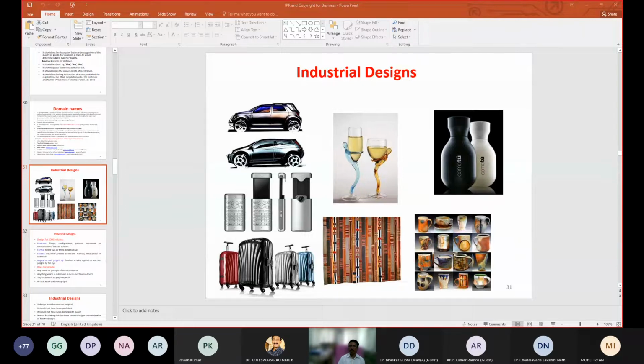But again, Article 25 of Section 4 of the TRIPS agreement says that members may provide such protection to industrial design, but it may not extend